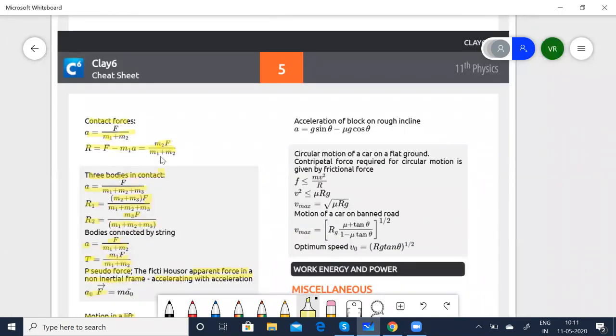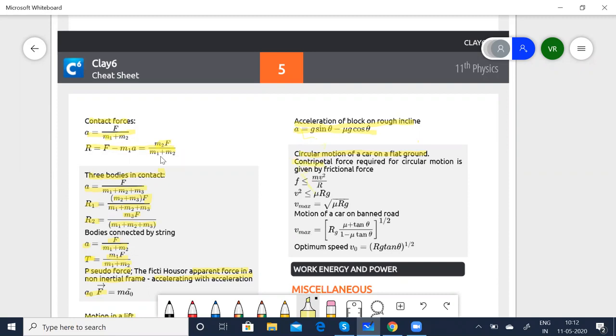Okay. So acceleration of the block on a rough incline. Whenever the blocks or the masses travel along an inclined plane, you get A is equal to G sine theta minus mu G cos theta. Simply remember the formula alone. A is equal to G sine theta minus mu G cos theta. Also, I'll be doing the circular motion along with the frictional force, where I can teach you more about the banking of roads and circular motion, vertical circular motion, everything.